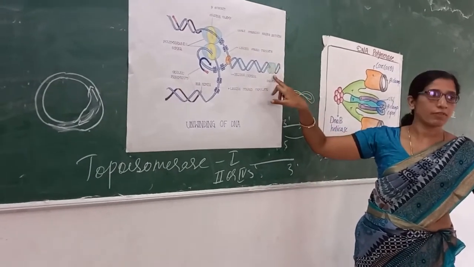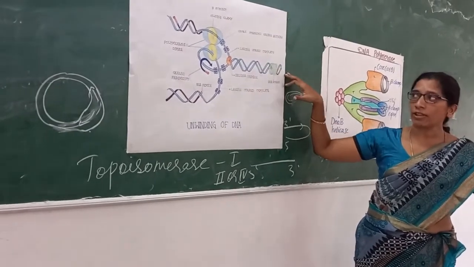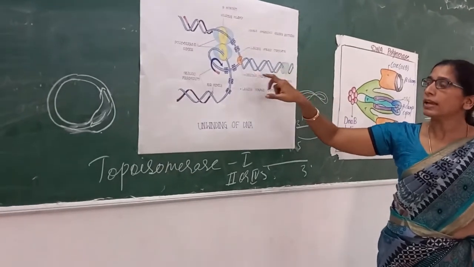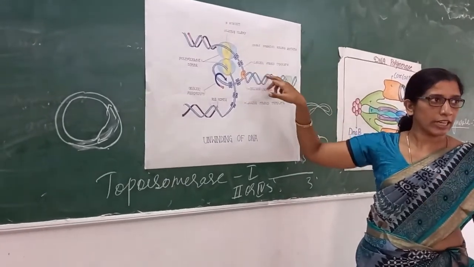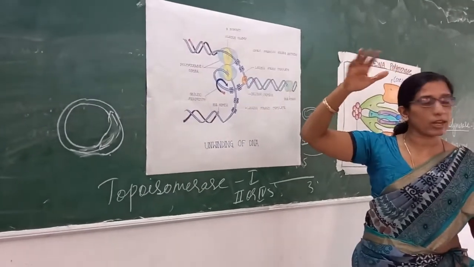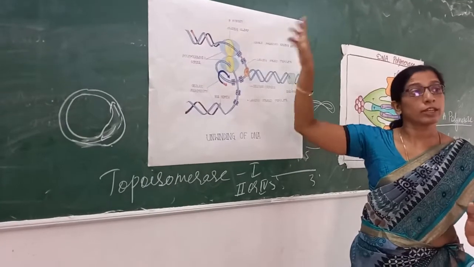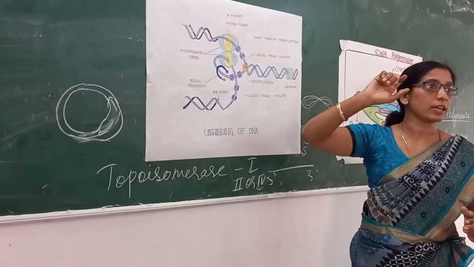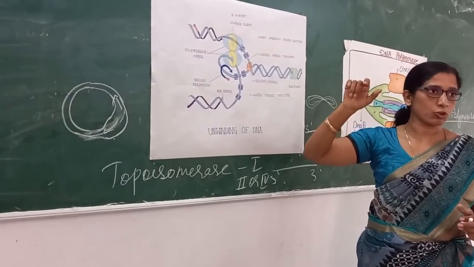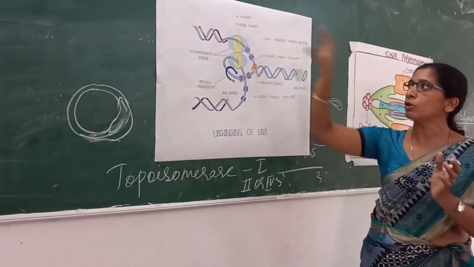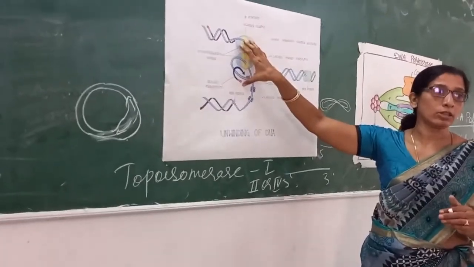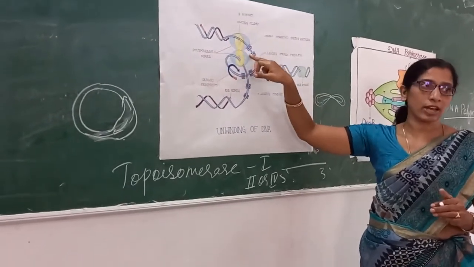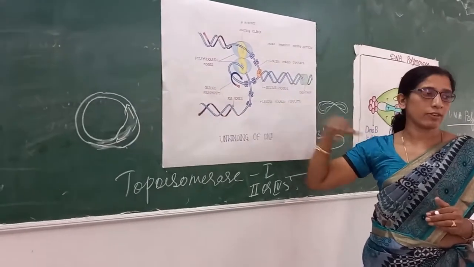So this is the first enzyme which is relaxing the DNA. Then you have helicase, which cuts the hydrogen bonds between the strands. As the hydrogen bonds are cleaved, to maintain the single strand condition, single strand binding protein is required. Then the next enzyme required to start the process is primase, which synthesizes RNA primers. As the 3' OH group is introduced, all the machinery is assembled and loaded there, that is DNA pol 3, and both the strands get synthesized. But initially the leading strand gets synthesized first, and then the lagging strand.